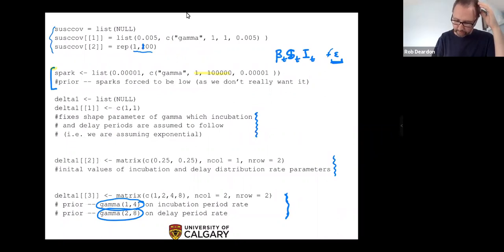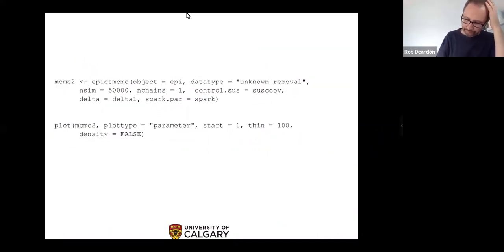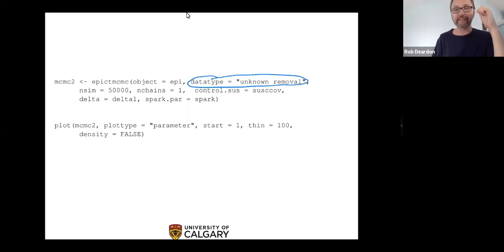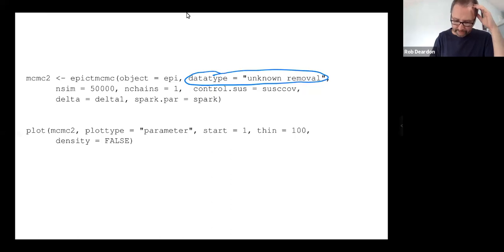So first off, it's over here. The data type here is telling it that unknown removal means unknown infection time and unknown removal time. We do have a situation where we assume you don't know the infection time, but you do know the removal. So that's where that terminology came from. It's basically